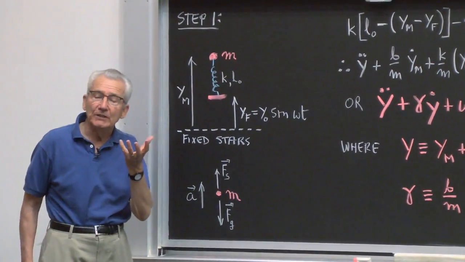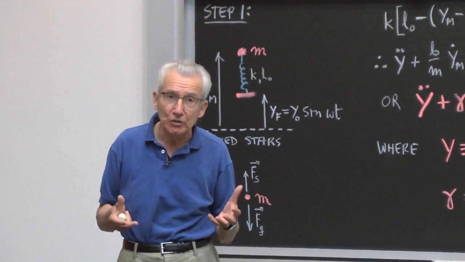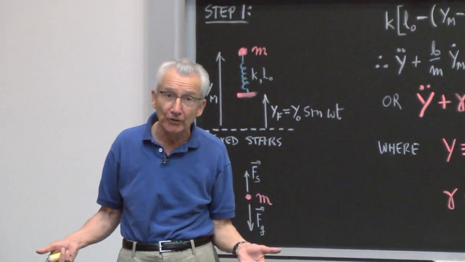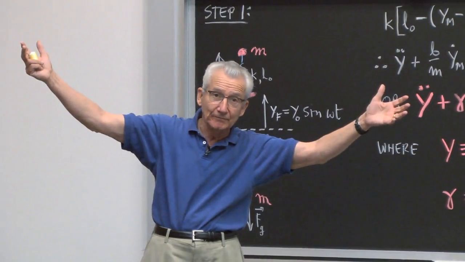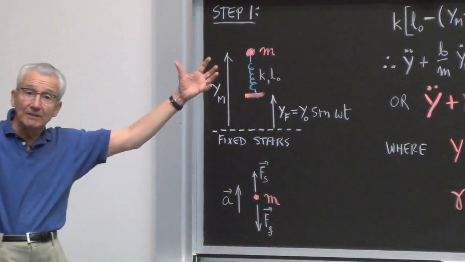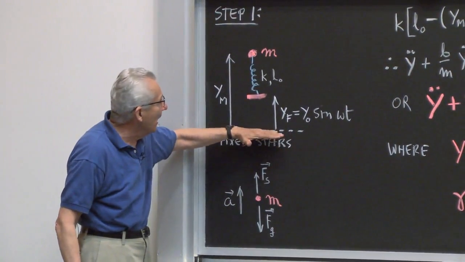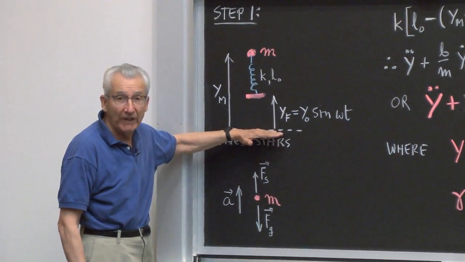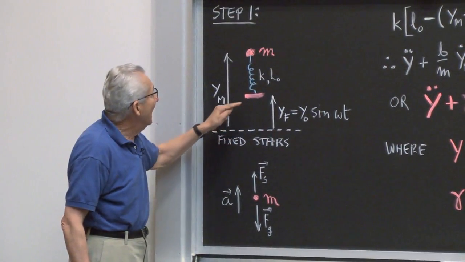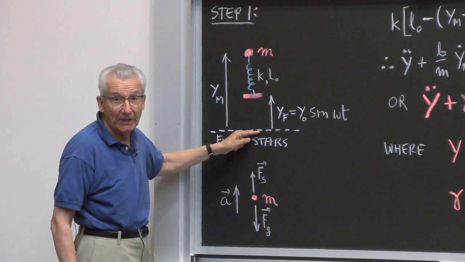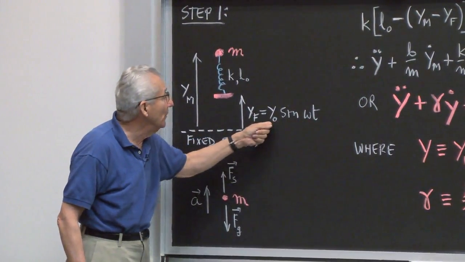Now we've got to take a coordinate system which isn't moving. We've got to have an inertial one. The surface of the Earth is no good for this. It's vibrating. Okay? So the best thing we have are the fixed stars. Okay? So let's take the fixed stars as a reference, and so this is a height in that room which is fixed in position relative to the fixed stars. Okay? Now the surface of the Earth can be moving relative to that, and I am making the assumption it's moving sinusoidally with amplitude y0.